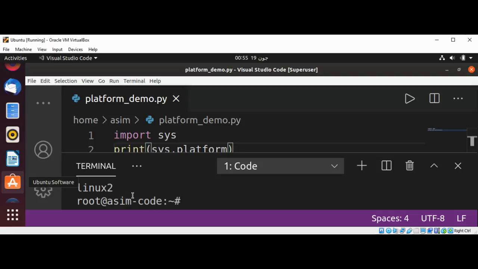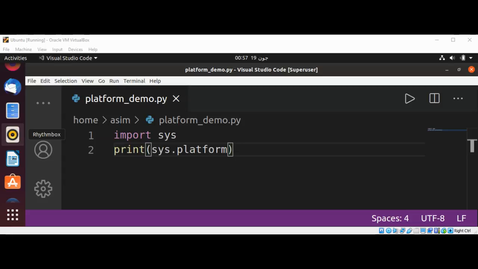And we can see over here it printed linux2, so I'm running a Linux system. If we are installing or using some module and want to check if that is compatible with our system, we can do that too. I will just comment this line. I will just remove it